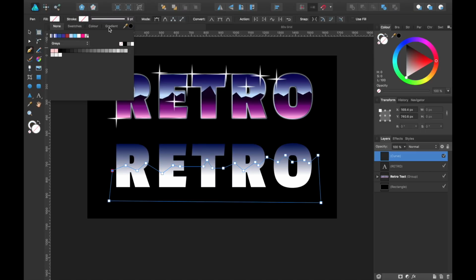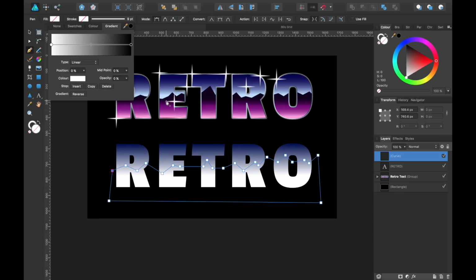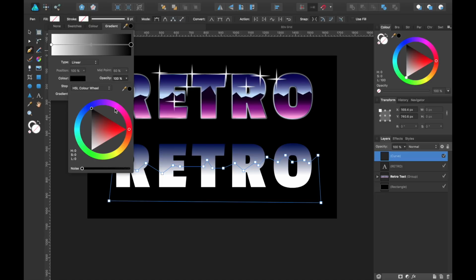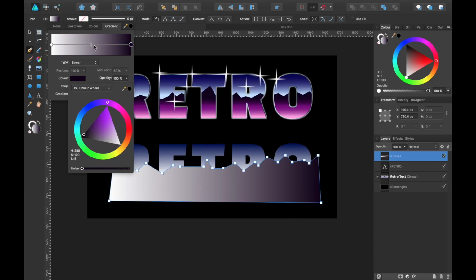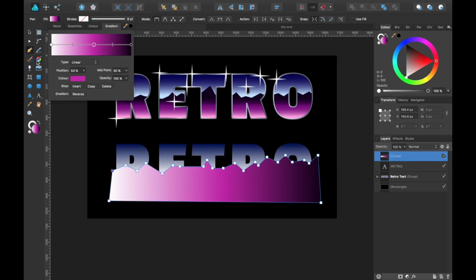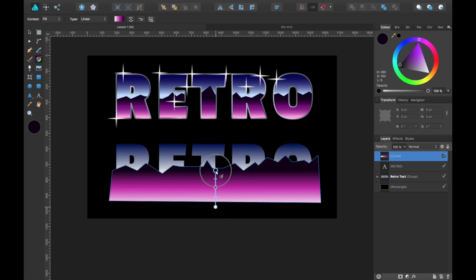We're going to go to the gradient again. Okay, so we want it to go from white to dark purple. So here we go. I'm going to click on this and I'm going to head to purple. I'm going to make it very dark, kind of like this one. Yeah. Oh, there'll be some pink in the middle, so let's add another spot here. There you go, that looks kind of similar. Okay, so let's go to the fill tool again and we'll drag it up this way. Here we go.